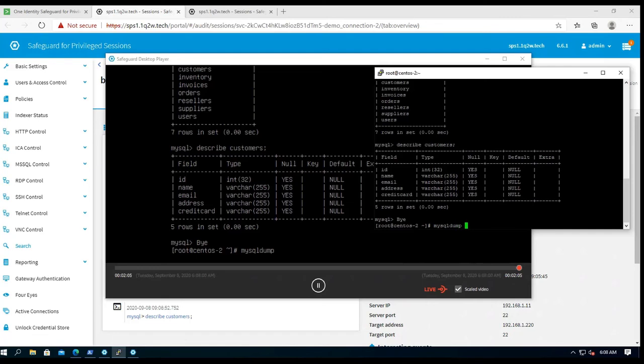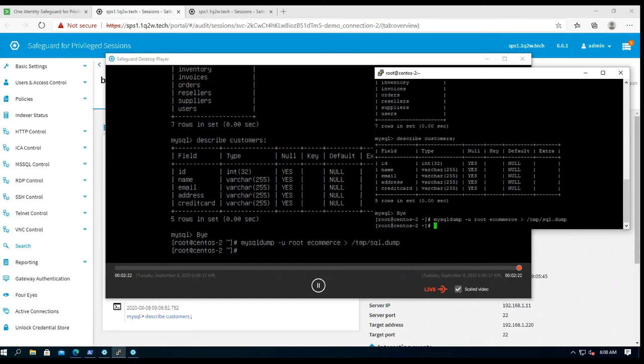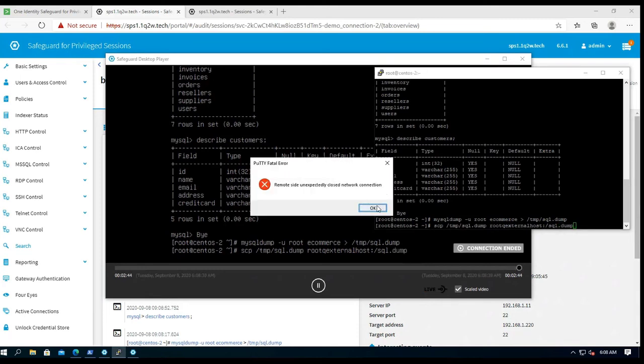So as soon as the attacker tries to dump the data, which on its own isn't that bad as long as he's unable to copy it, he will try to understand which data the attacker wants to copy and where to. And the SCP command is blocked by the real-time preventive capabilities of Safeguard, thus ensuring that the attacker is never able to copy the captured data outside of the system, and he's unable to continue his work.